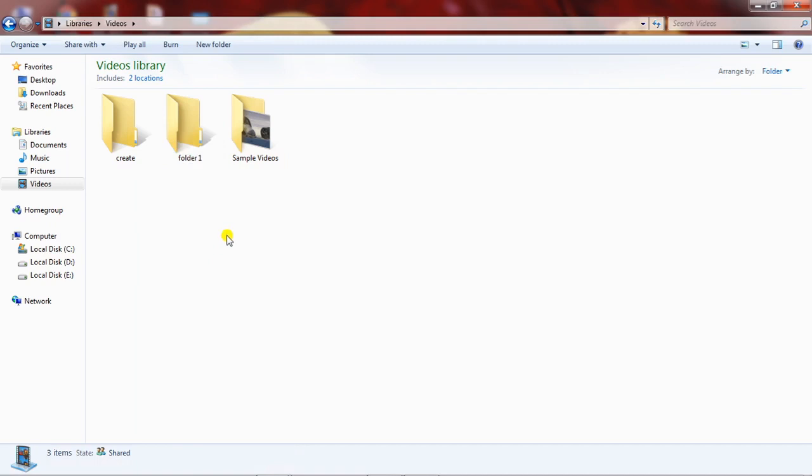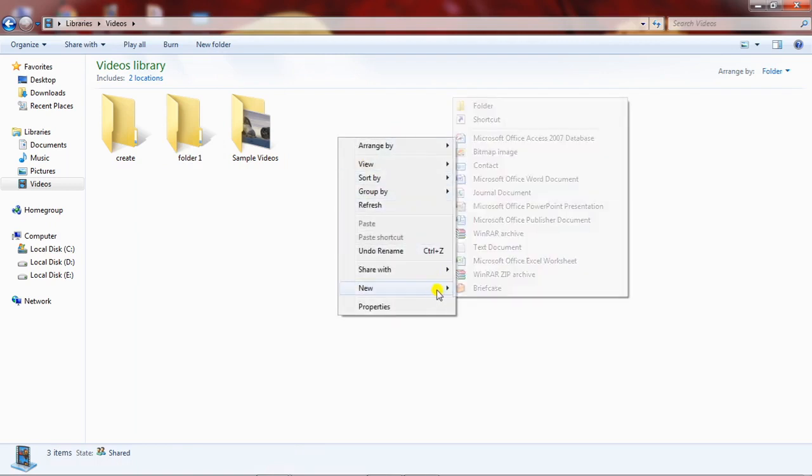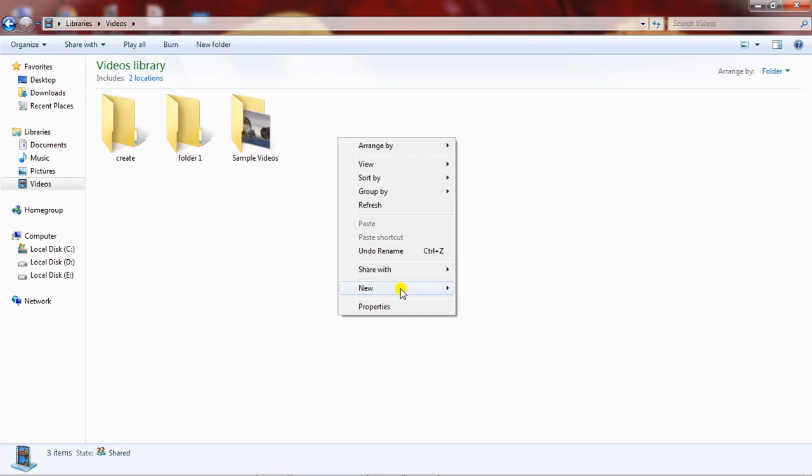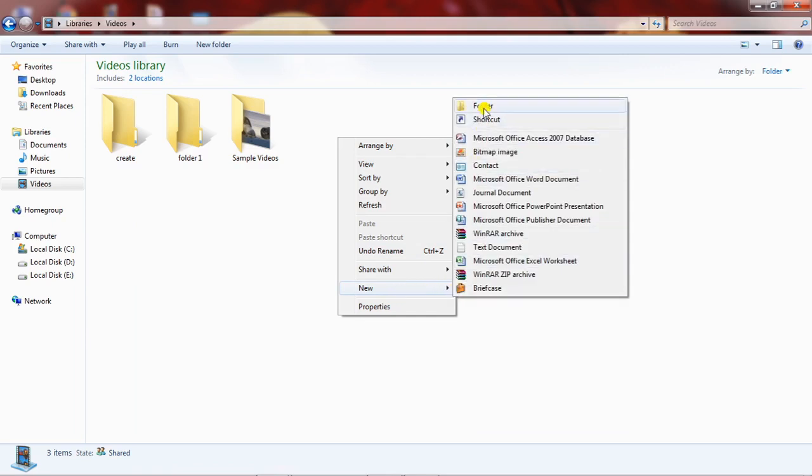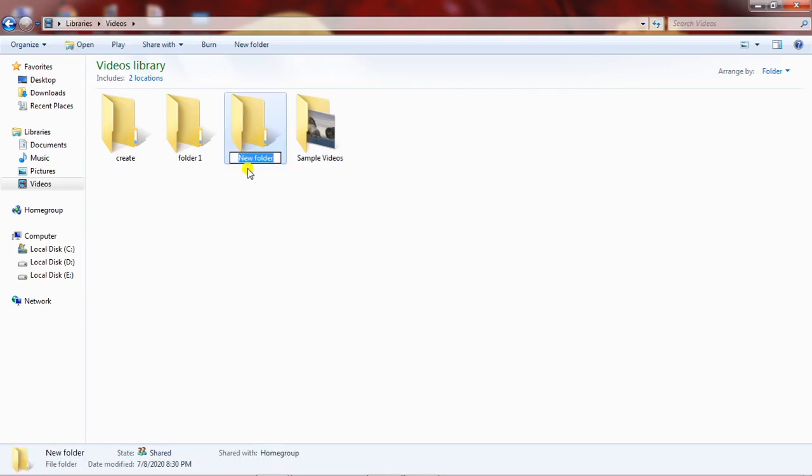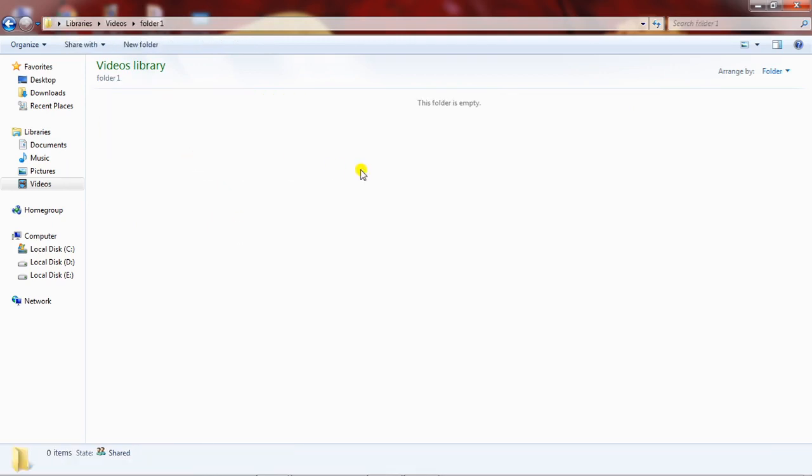Now if you don't want to use this, next we have right click. Go to New, and the first option is Folder. These are different files because these are the applications installed on your computer, so you will see different files. It may differ from computer to computer, so let's forget about it. So right click, go to the New option, and there's a Folder option. If you click it, another new folder has been created. Press the backspace key and provide another name, let's say folder 2. Now if I double click and open the folder, obviously there is nothing.